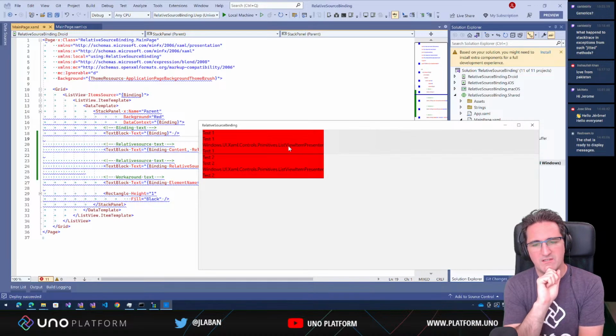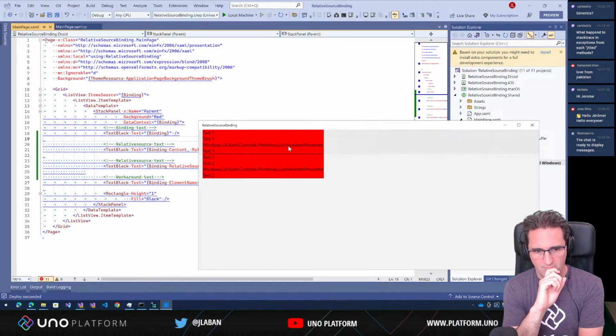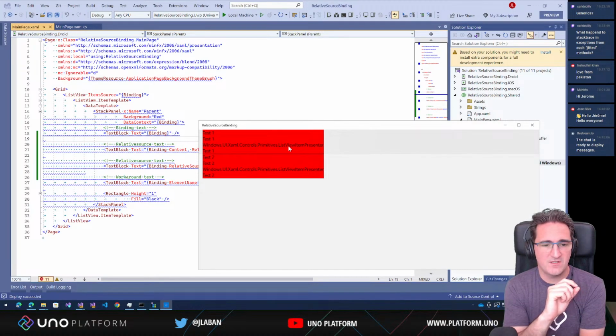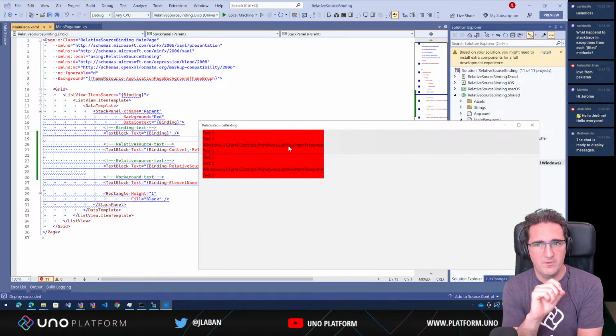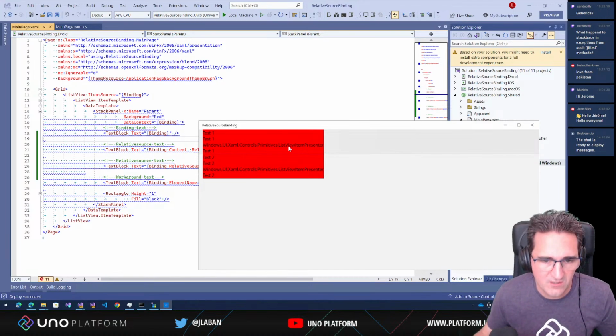So that's actually quite interesting. That means that for some reason, the templated parent is being overridden in Uno to a value that's not the right one. And I wonder why that is. The templated parent management has been something that is a little bit different from what WinUI has been doing. And the difference is related to how we are resolving the templated parent. So in WinUI, the templated parent is something that is done when the